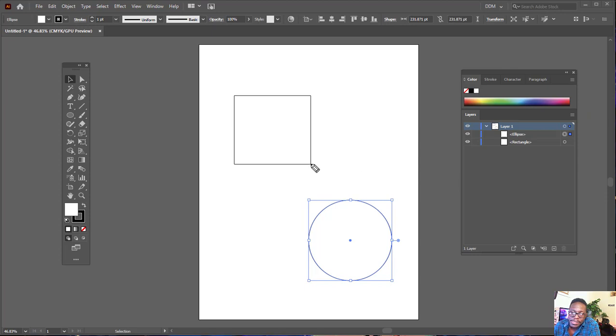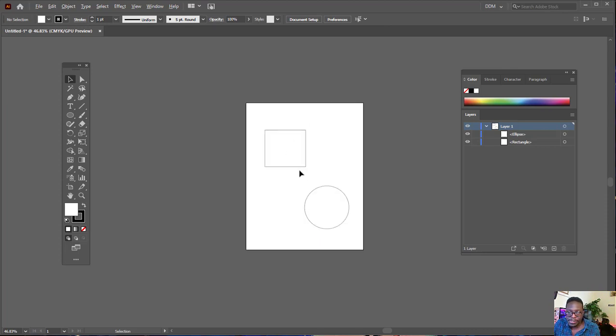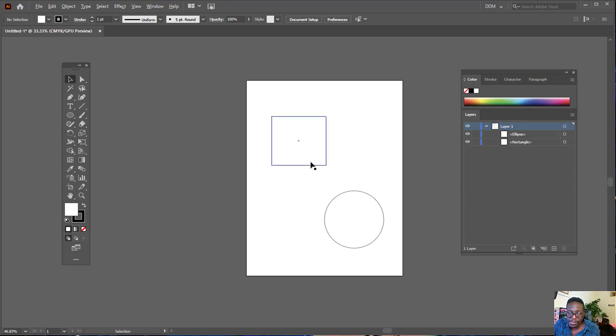So this is how Illustrator works, where you can have multiple objects on the same layer. Now, to zoom in Illustrator, you do Alt and mouse wheel, and we can actually zoom all